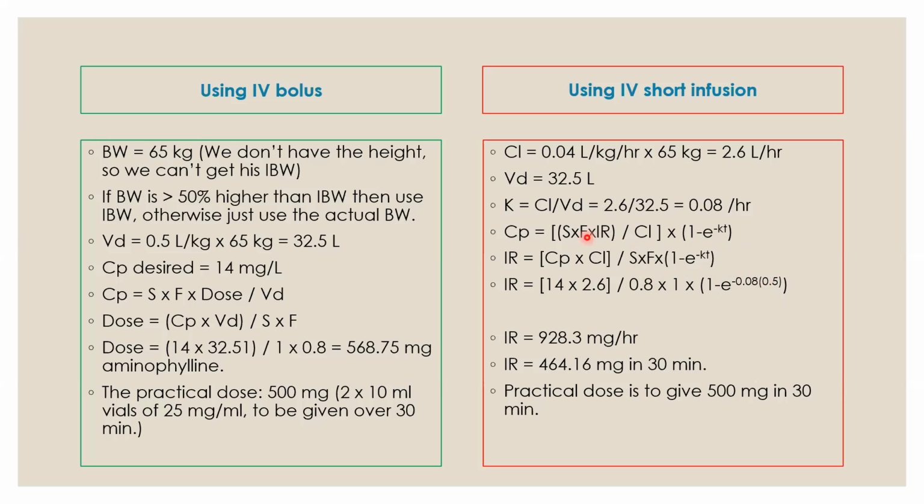So then we want to find the IR, the infusion rate. So we have CP, etc. Then we get, I hope my calculation is correct. So the clearance divided by VD is 0.08 per hour. Then we put into here, and then we get this